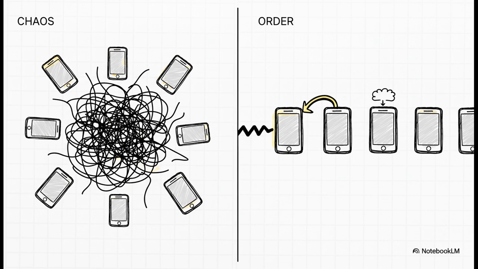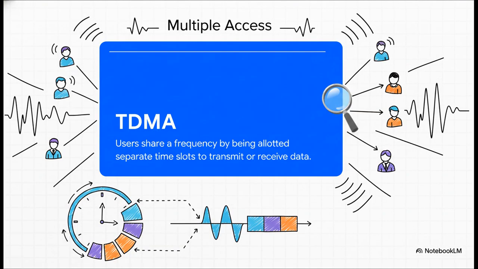Instead of that chaotic free-for-all, the whole system is built on a rule we all learned as kids. Everybody gets a turn. It's that simple idea of organized, super-fast turn-taking that is the absolute key to our modern digital world. Now, the technical name for this is TDMA, which stands for Time Division Multiple Access.